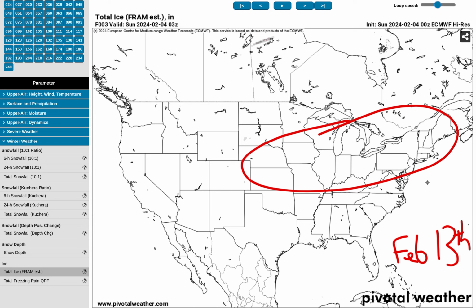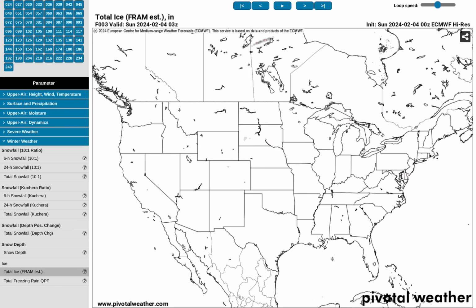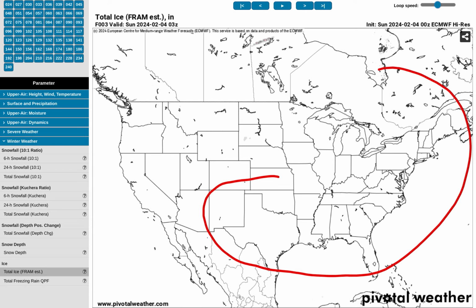That'll bring rain, snow, wind. I'm not expecting a major storm like we saw last month, but definitely big enough that someone will get accumulating snow out of this, specifically on the northern half, somewhere in here. And then after that, I do expect a more colder pattern to develop across much of the south, the Gulf Coast, into the East Coast and Great Lakes region. I expect this area to be colder,